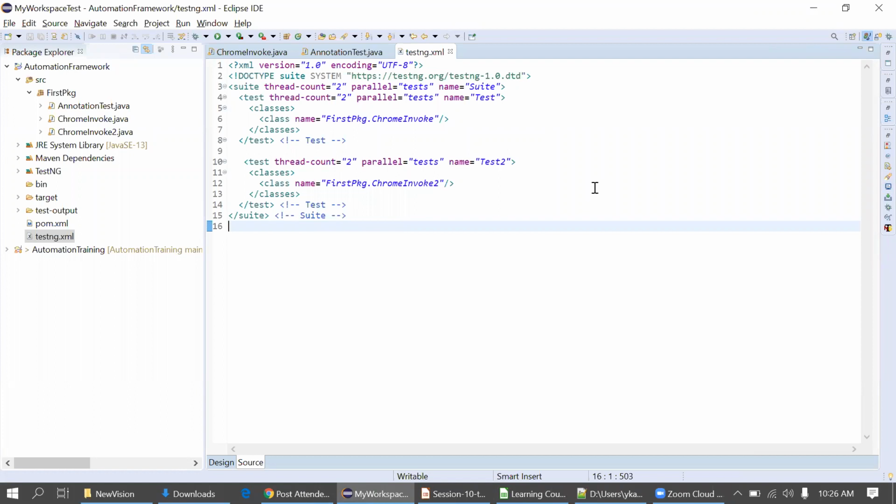So guys, so far any doubts? I got some questions. I'm just reading them now. Question from Anurag: can we make the test cases run in parallel in two tabs of the same window instead of two different windows? No, Anurag. We have to open a different browser because one browser is associated with one driver. So we cannot execute the test case in two tabs. We have to use two windows, means two different browsers. Okay, Anurag.